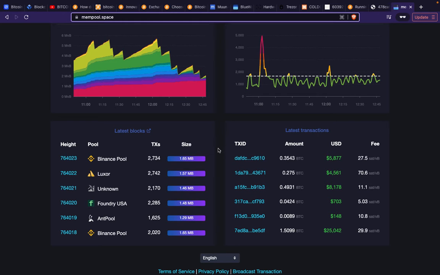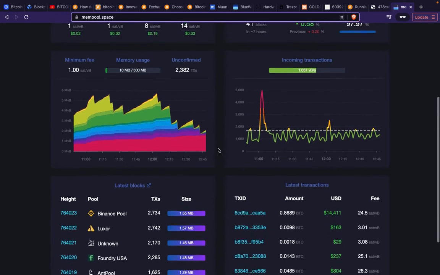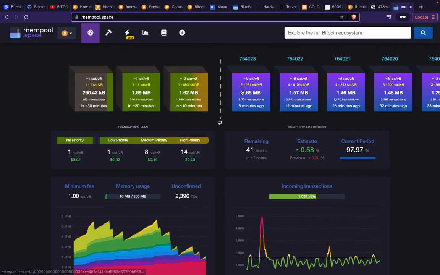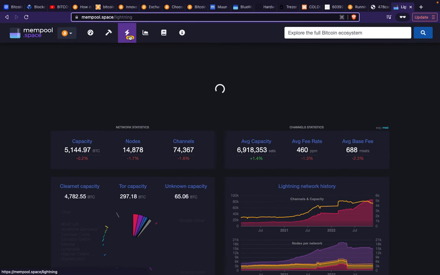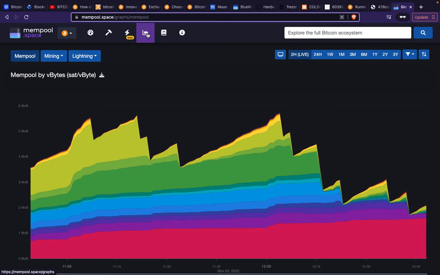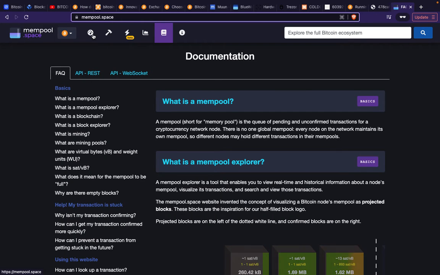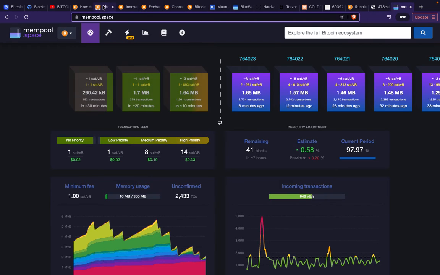So yeah, it's really up to you guys to check it out. Just educate yourself and learn and learn and learn. This is the mempool of a year. There's so much good information out there. This is why I'm doing this series, for you guys to learn and educate yourself, as I'm learning as well. So don't get distracted by the noise and crypto scams out there. And don't get distracted by the price, right? If you're really serious about Bitcoin, you should be able to do that for yourself.